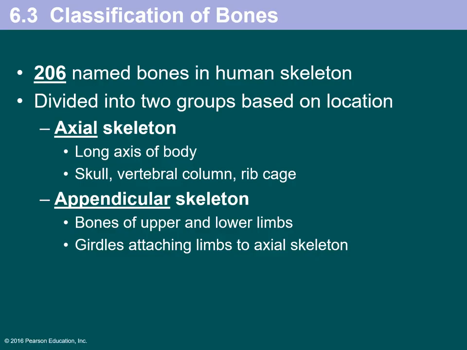You will be learning the names of the bones. We are focusing in this chapter on how the bones are made. Naming of it, we tend to focus more on in the lab portion. As I mentioned a little bit ago on the previous slide, the skeleton is divided into two groups. We love to subdivide things, and it's based on location. So the axial skeleton, as I said earlier, is the skull, your rib cage, your vertebral column, kind of along that torso. The appendicular skeleton